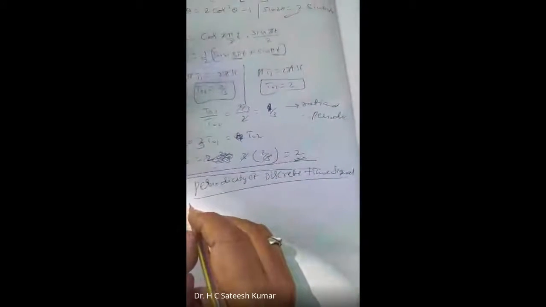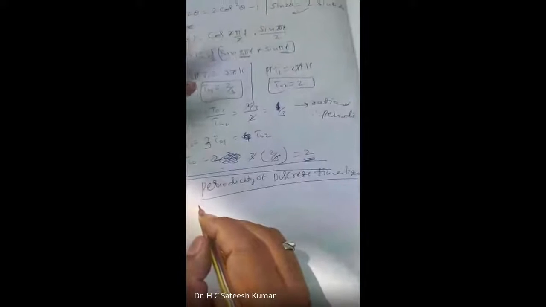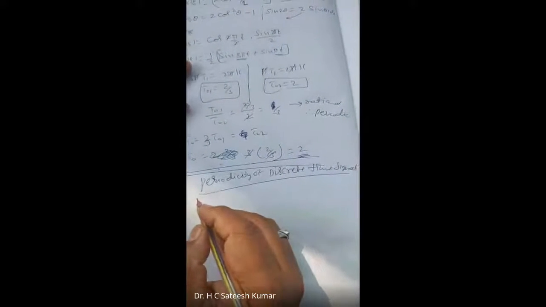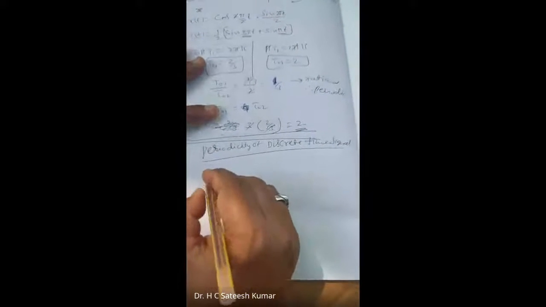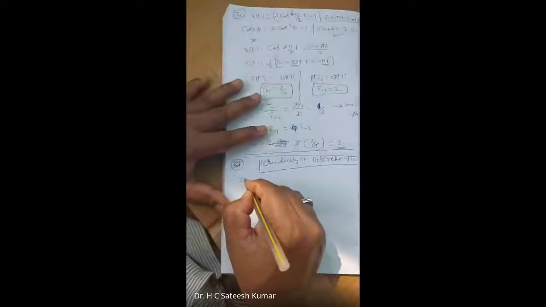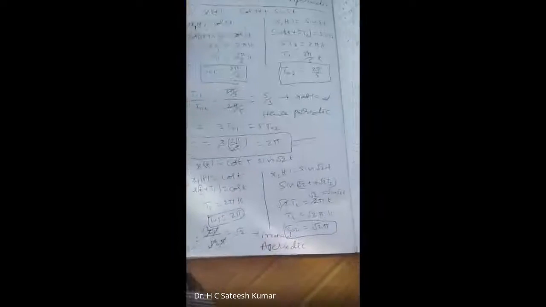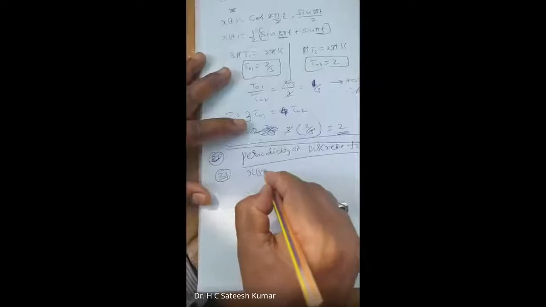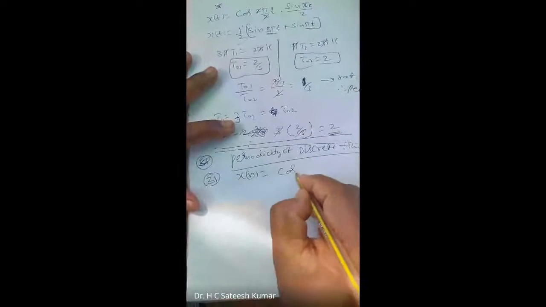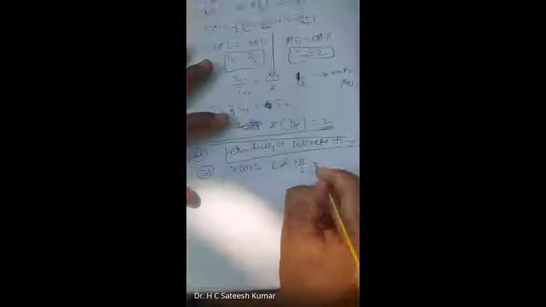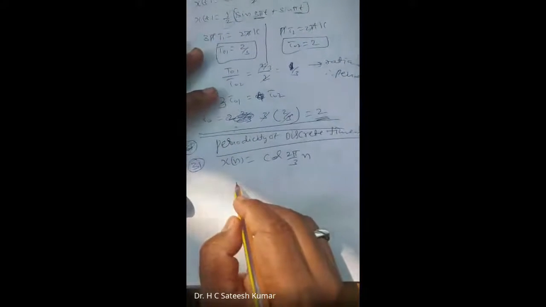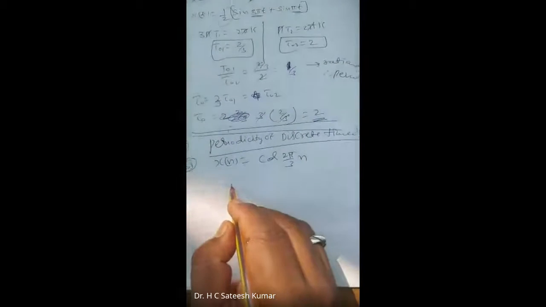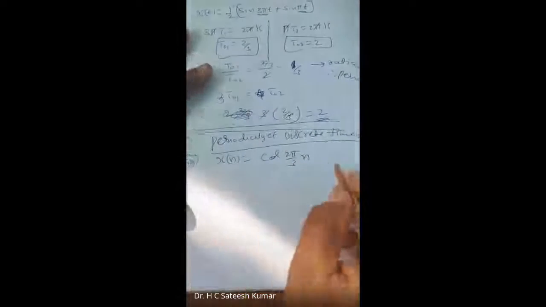The discrete time trigonometric functions are not always periodic. Individual terms are also not always periodic. What is the condition for that? Observe it. Okay, I'll go for one problem. Check for the periodicity. X of n is equal to cos of 2 pi by 3 n. Check for the same condition. And we should see that the repetition period or fundamental period should be an integer.